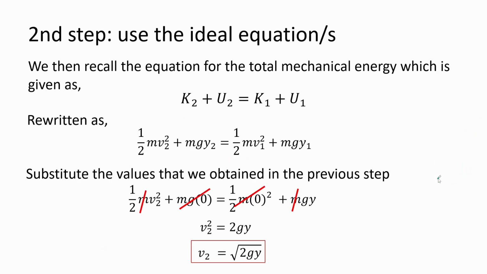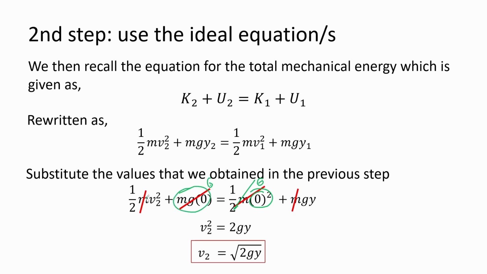So let's write the expression. At the initial stage, K1 plus U1. Final stage, K2 plus U2. So we have here K1 and K2, they have identical expression, 1 half mv squared. Same as the potential. But for this case, K1 has no kinetic energy because the velocity is 0. So this one is 0. And at the bottom, there is no height, because the height is 0. So this one is 0. So you are left with these two.